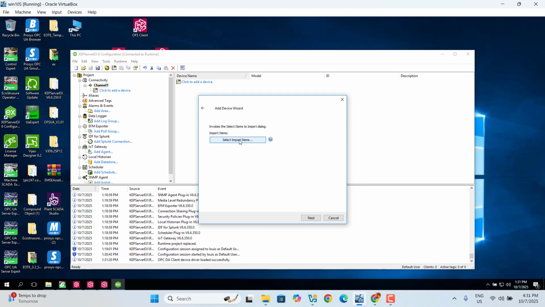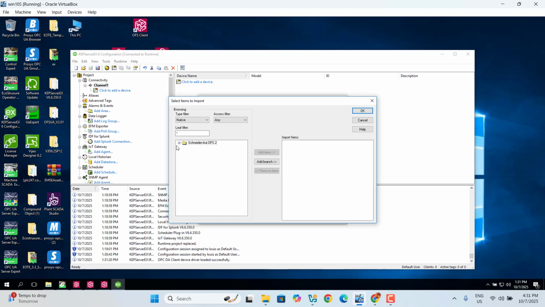We click here, save, select, import item, okay? In here, we can see all this OPC, all the start, add, stop, lamp 1, lamp 2,